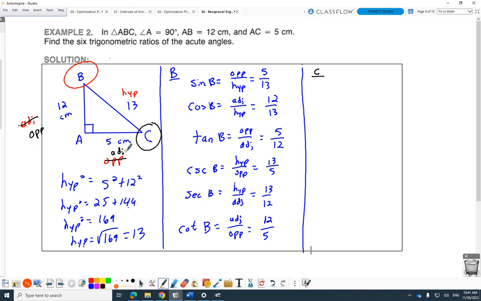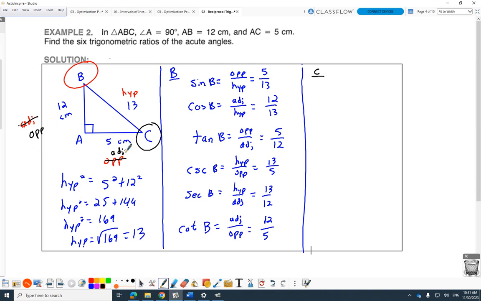But it's true in triangles too. If I look from B, then 5 is the opposite. If I look from C, then 12 is the opposite. So it depends on where you're looking from. I'm not trying to mess you up, really. I'm trying to make sure it's clear, so if you decide to use a different angle, you know to relabel